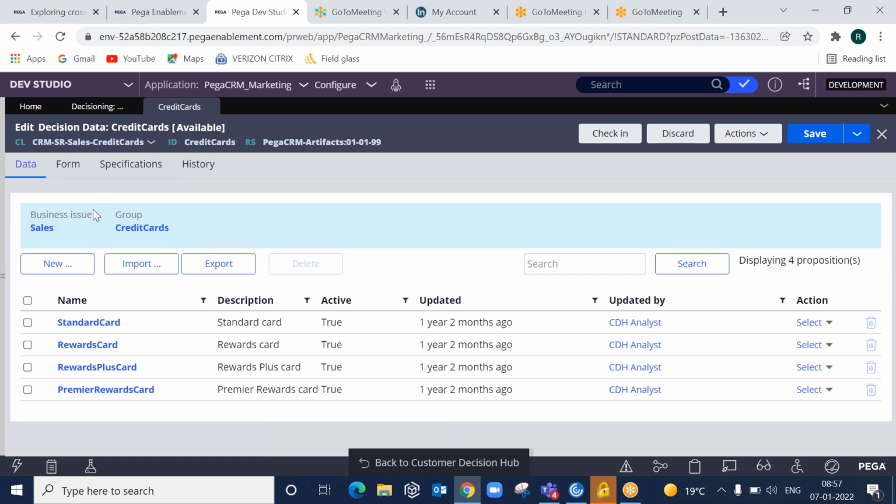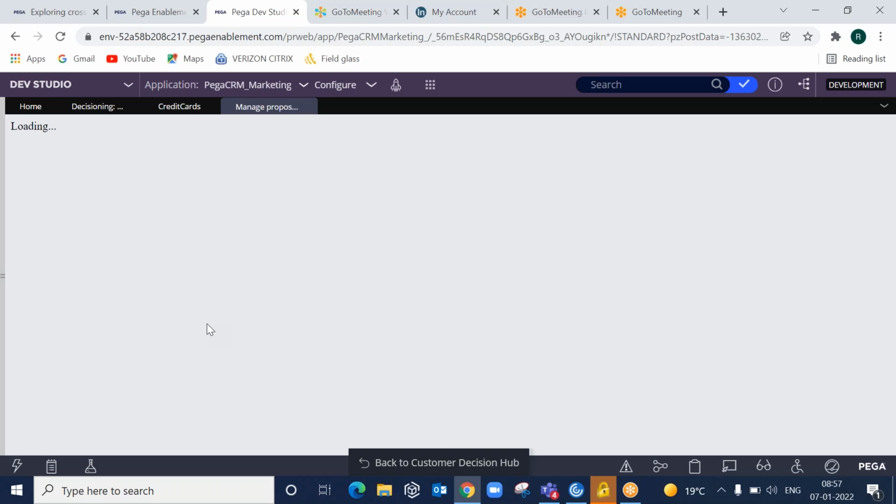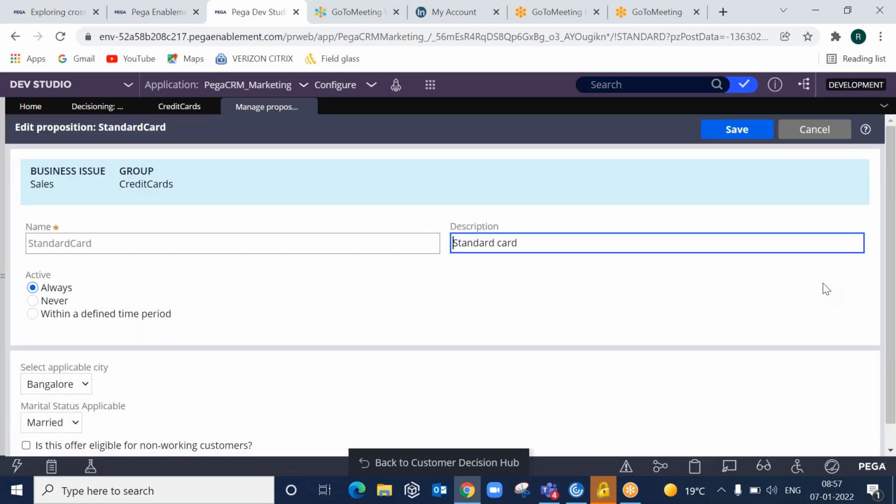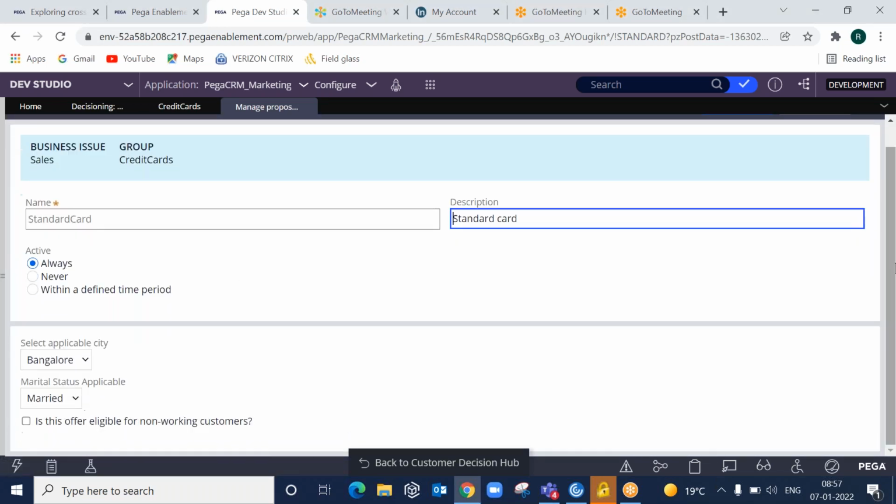Okay, and here just you open any proposition. Now notice that whatever the properties that we added, they will be coming in the list here like this.